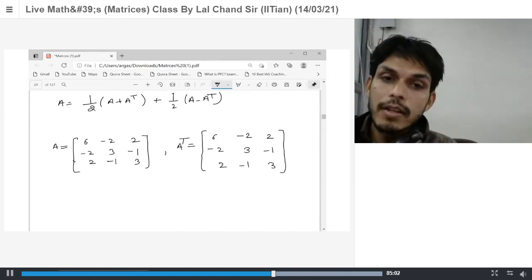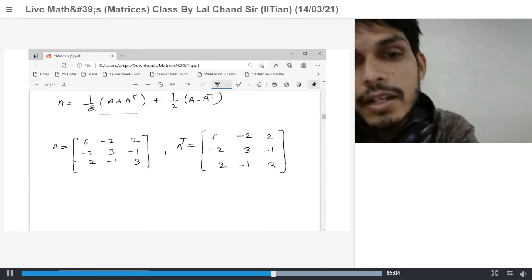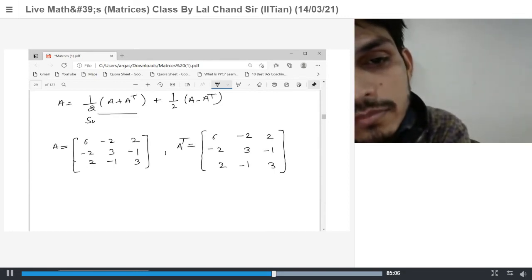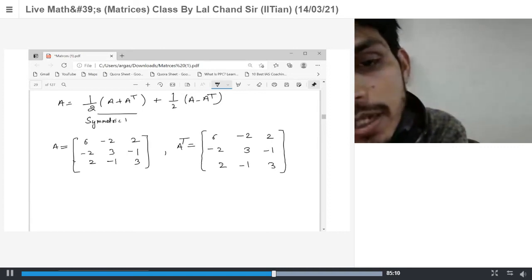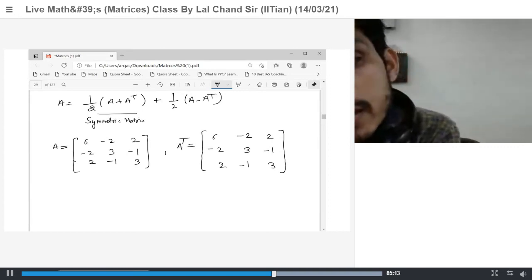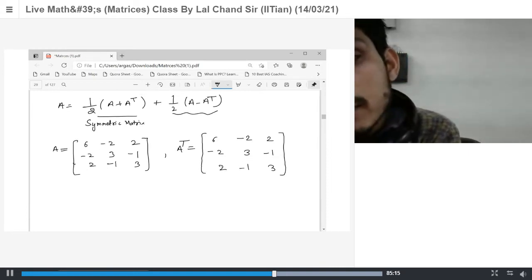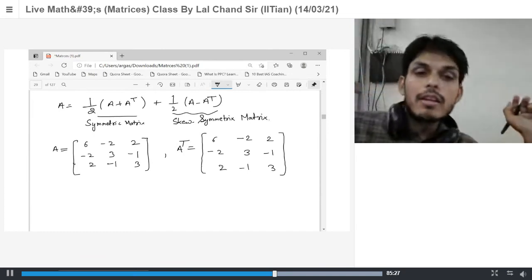So if I find out the symmetric matrix, this part is the symmetric matrix part, and this part is